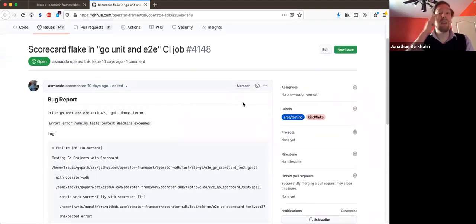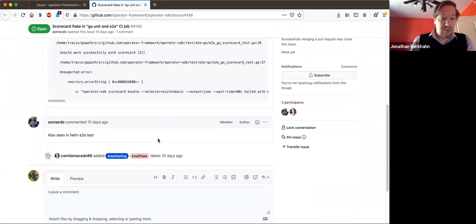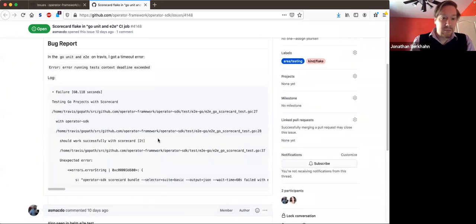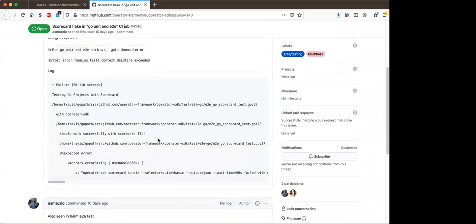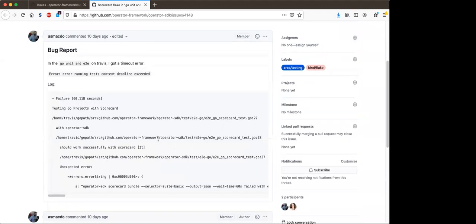Scorecard flake and Go unit and E2E CI job. Austin, this is your thing. Let me see. Yeah, I think this is just a flake.